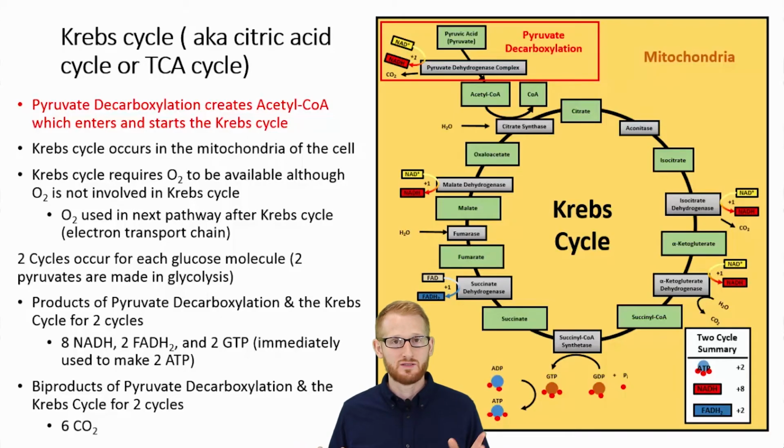Now we're going to go into the Krebs cycle. But before we can get into the actual cycle of it, so this circle loop here, we need to produce acetyl-CoA from that pyruvate molecule. All right, so the process of changing pyruvic acid into acetyl-CoA is called